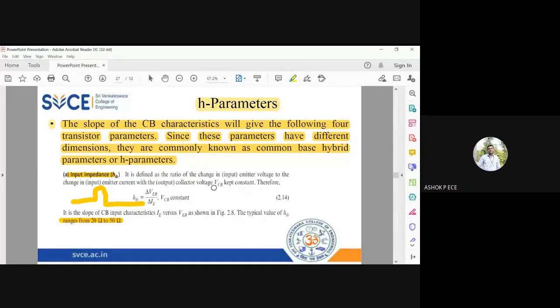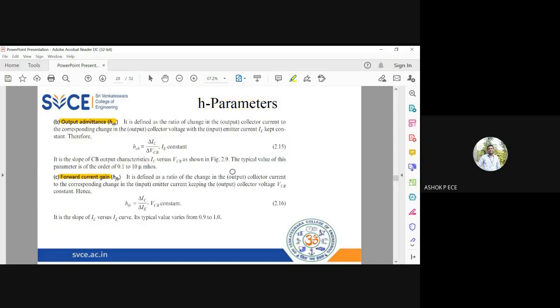So when the current is large, it means the resistance is less. If the fan has a high resistance, then it will draw only a limited amount of current. So for the safety of any equipment, the input impedance value should be very, very high, so that it draws very little current from the source. If the input impedance is low, it is just like a short circuit and it will draw a large amount of current, and your device will not be usable thereafter. So this value of input impedance is a drawback for the common base transistor because it is very, very low.